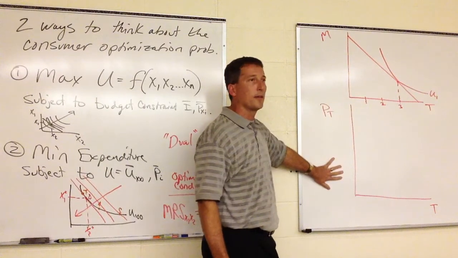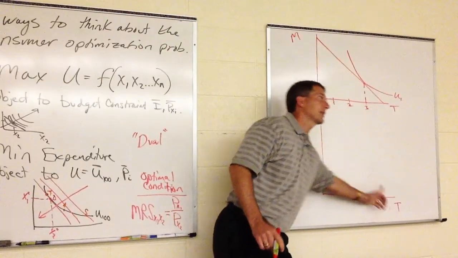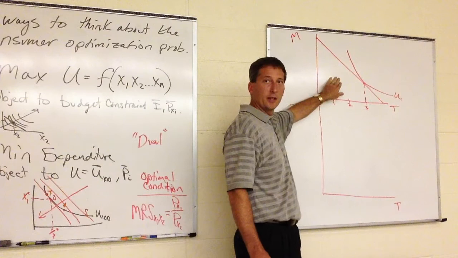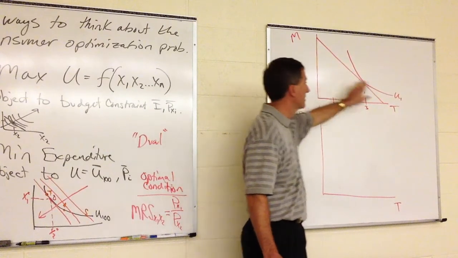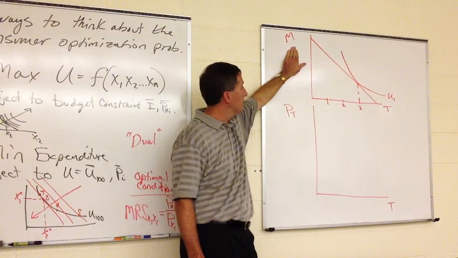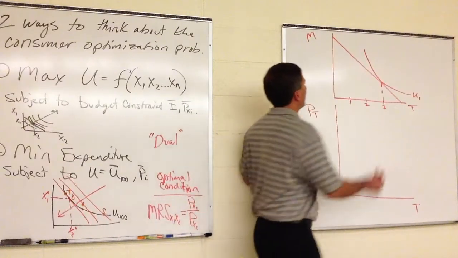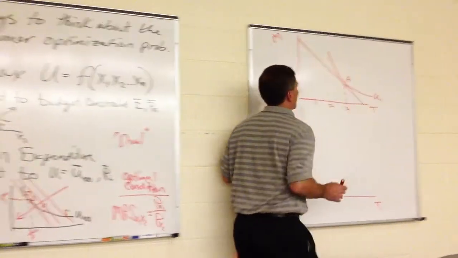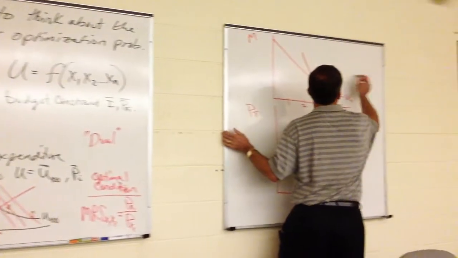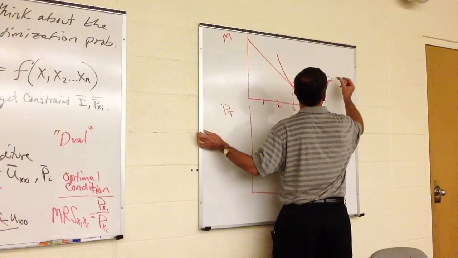So the lower graph is our normal demand curve space: quantity of tickets, price of tickets. Upstairs is our utility space: quantity of theater tickets, quantity of movies. All right, so this was our point A. Now our budget line had its shape, or its shape and slope, I guess,